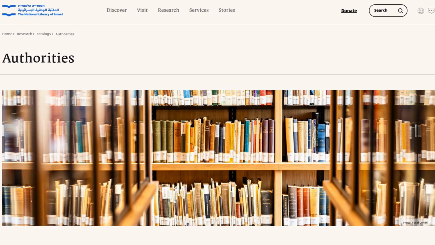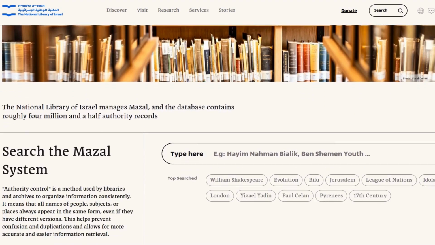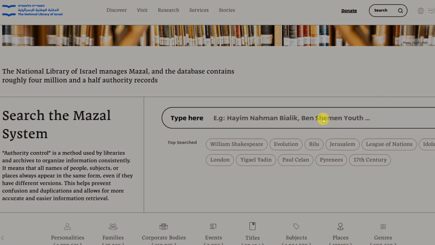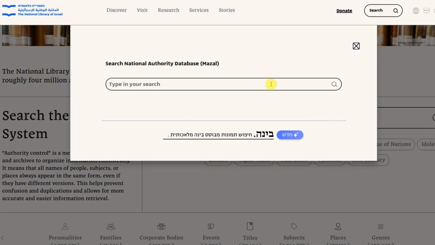From here, you can search the entire National Library of Israel's catalog all at once. Do not use the search bar on the top right side of the screen. Instead, scroll down and use this search bar. Type in your search,